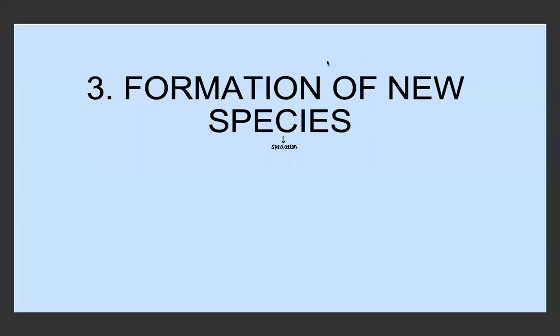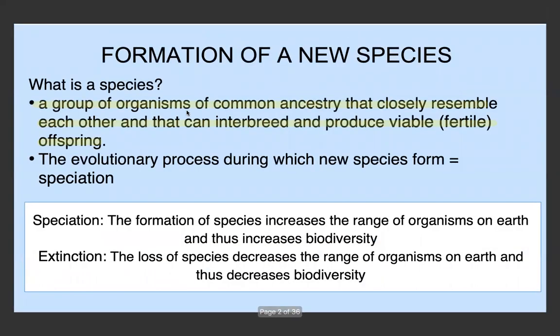This is the fourth main video on the topic of evolution for the life sciences syllabus. And in this video, we're going to look at the formation of new species, which we call speciation. So we looked at the term species in a bit more detail during the population studies video.